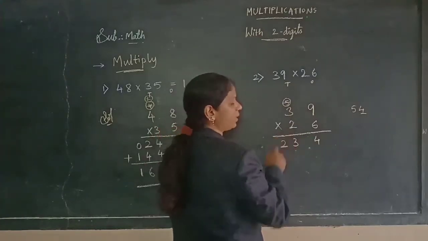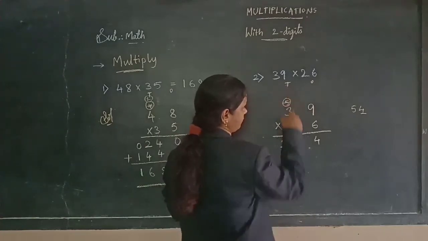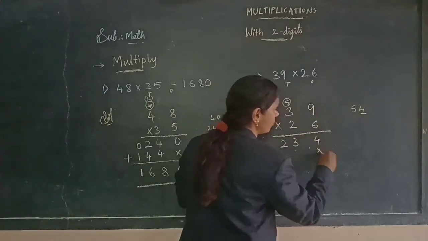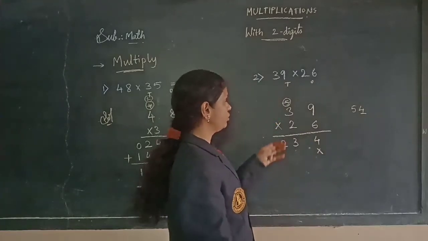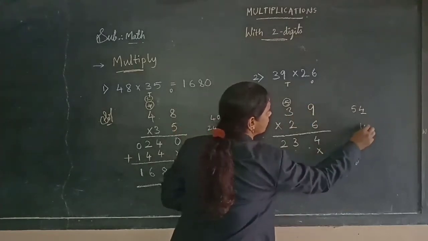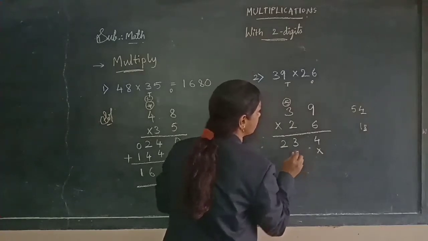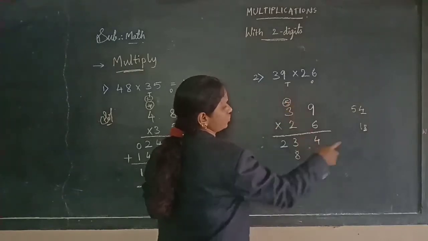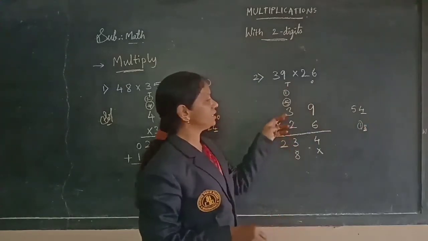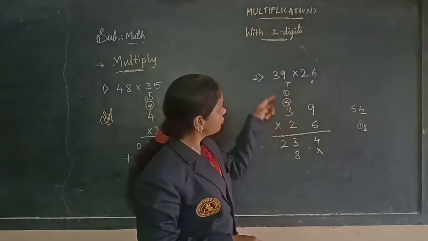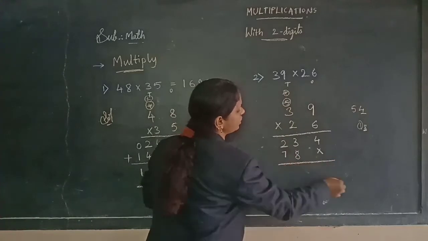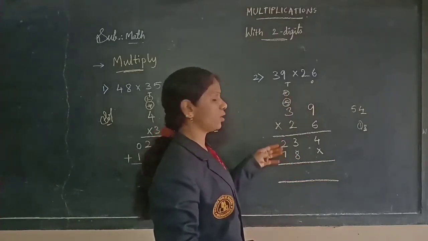Okay. Now I am multiplying by the 2, means tens digit here. So when I am multiplying by the tens digit in the second number, you need to leave the ones place here. Now 2 9s are 18. 18 nothing but 8 here, 1 as a carry here. Okay, and 2 3s are 6, and you need to add this carry here, 7. Okay, you need to add these two products here.